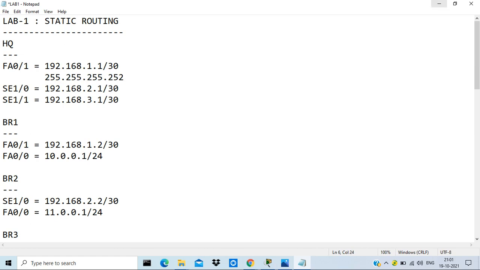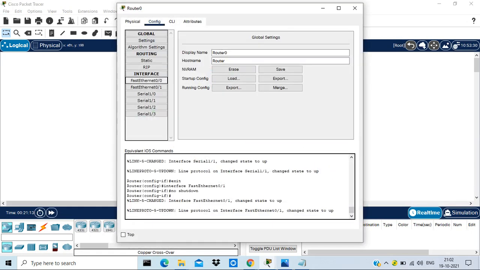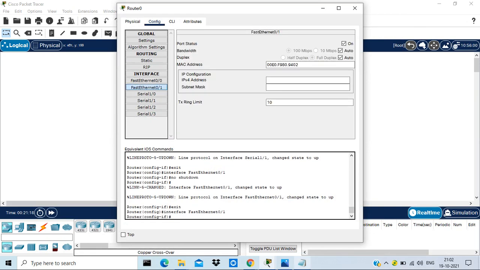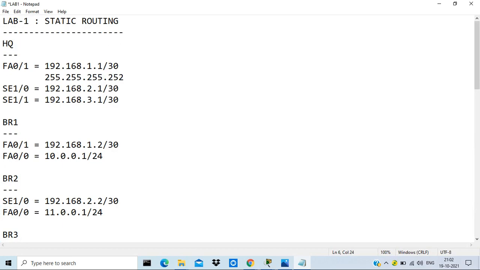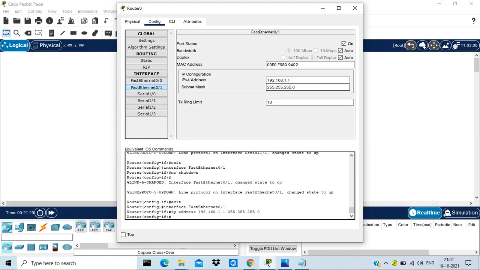So for FA 0/1 also I have to configure that. I'm not going with the command line. If you wish, I can show you the command line, because I know you know how to add an IP address. That is not the thing that we need to learn here.